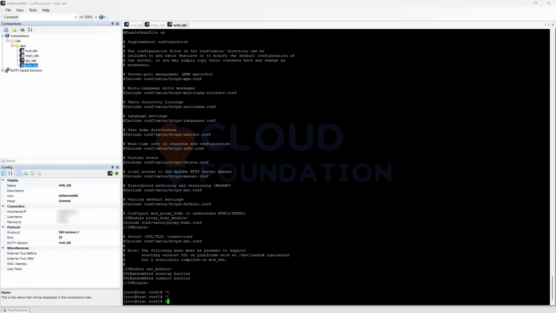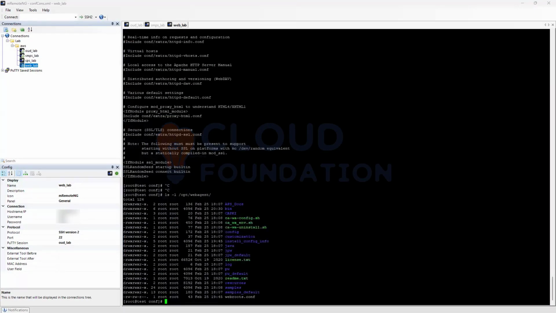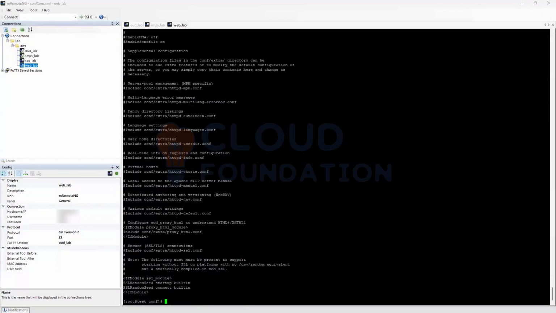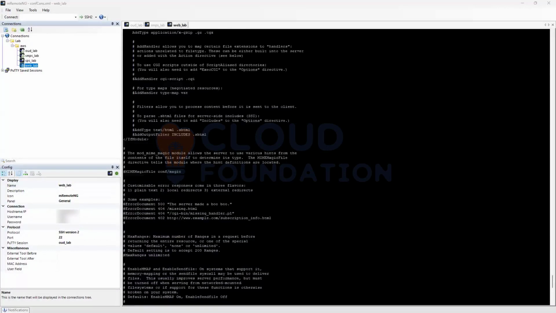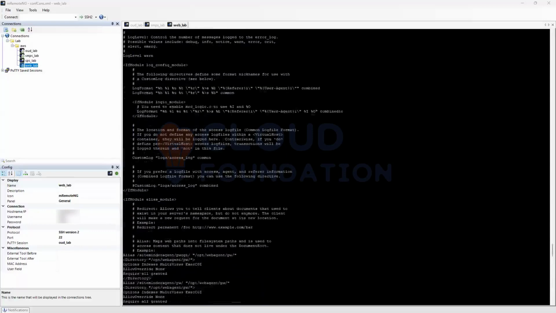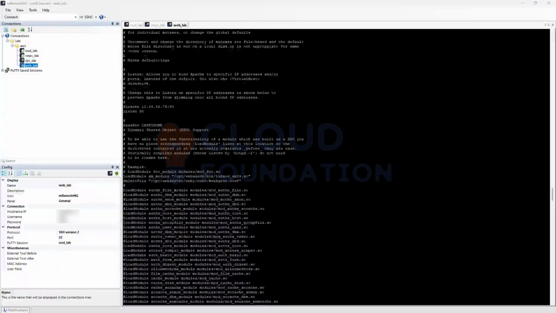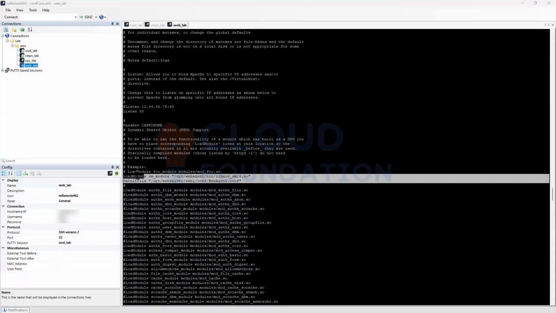So I've installed my web agent in this directory, web agent. Here my web agent is installed and I configured it here. Let's take a look at the Apache configuration file. When you install the web agent, some parameters are added to the configuration file. For example, if you see my screen here,